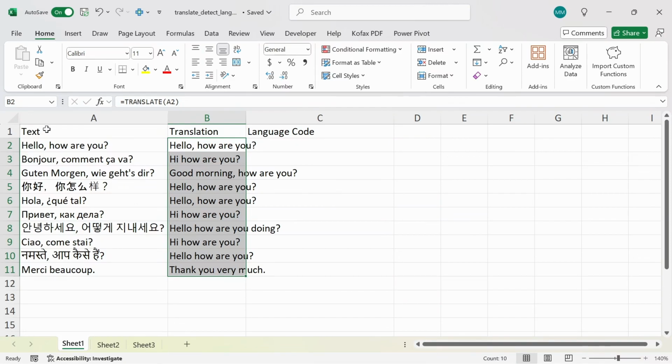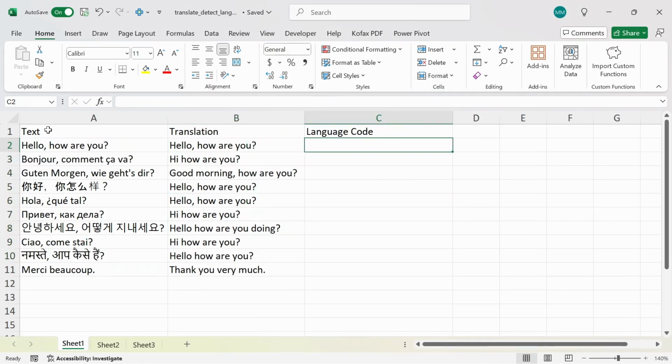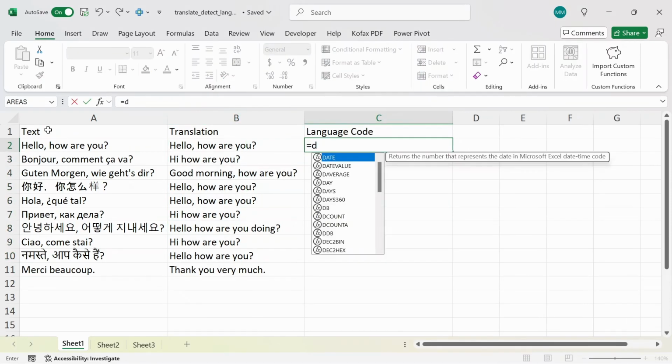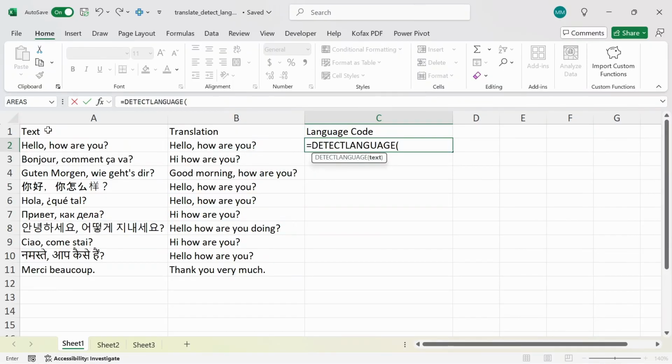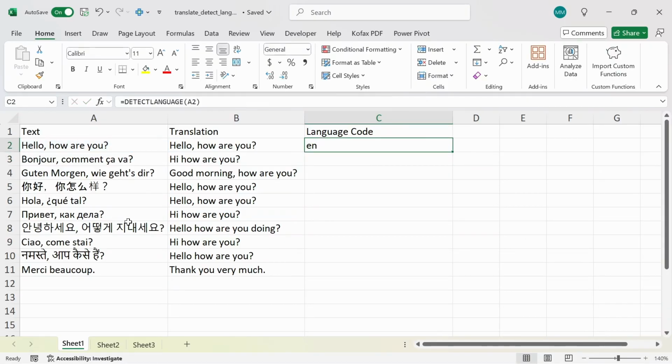Another new function that came out is the detect language function. This function can detect what language a text is in and return us the language code. In column C, I'm going to find the language code for each of the texts in column A. This function is very easy to use. In cell C2, I'll type out equals detect language, tab, and we only have one argument here, the text. So I'll just reference that as cell A2, press enter, and we get back the language code for English, which